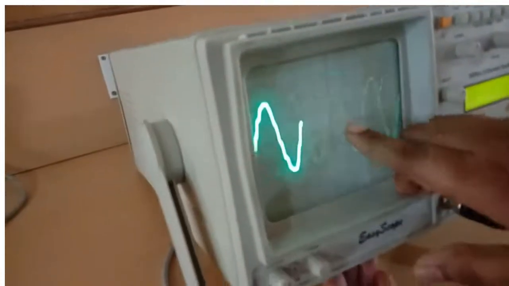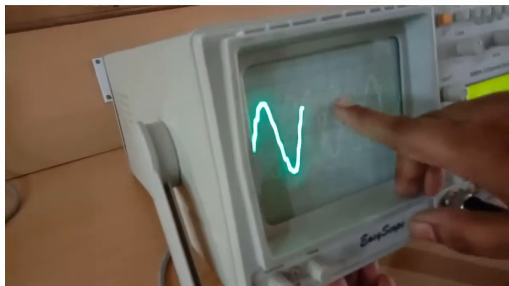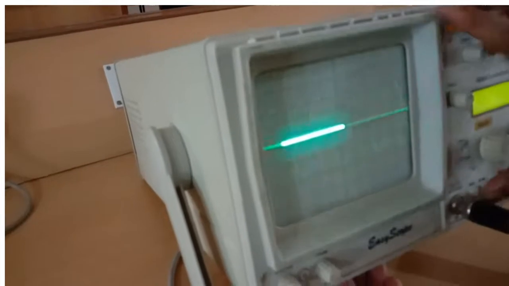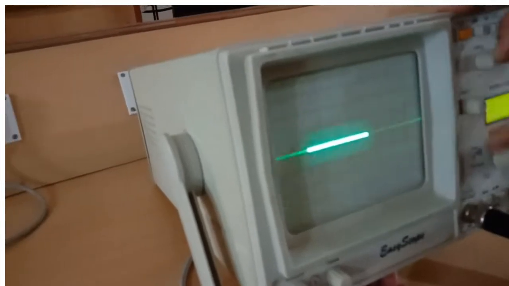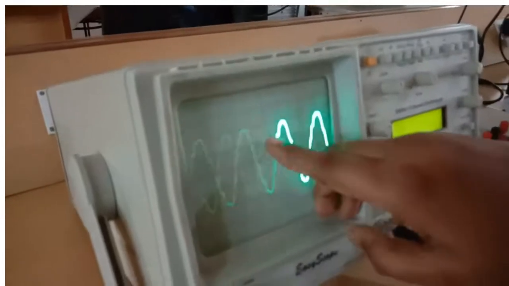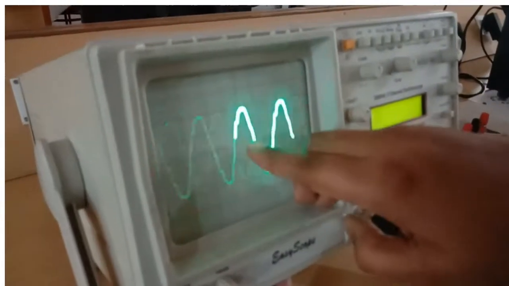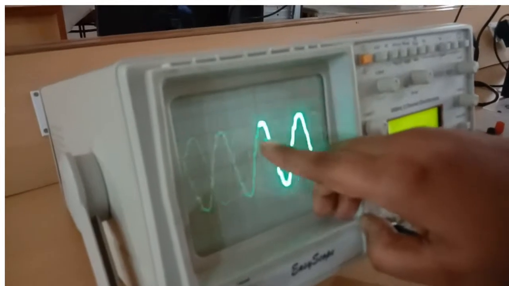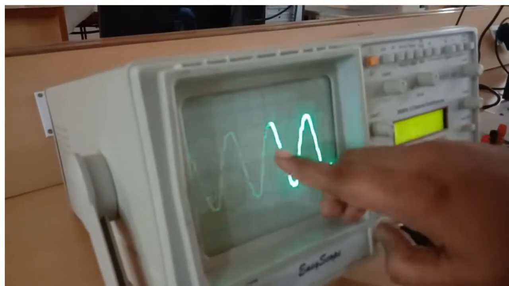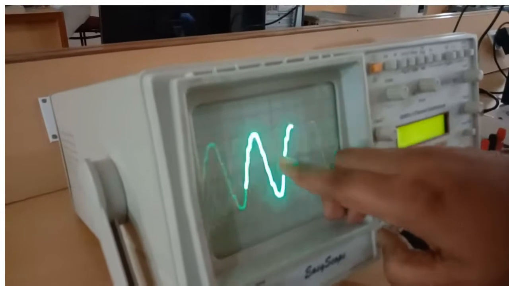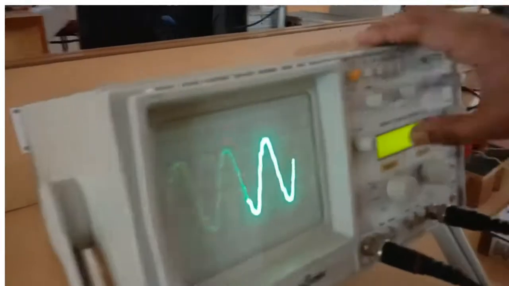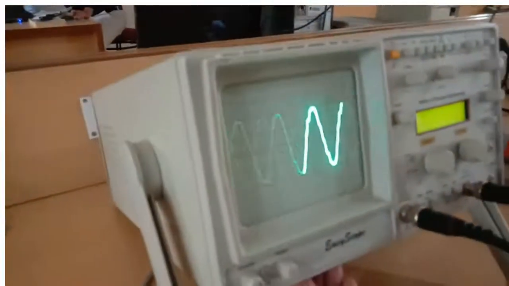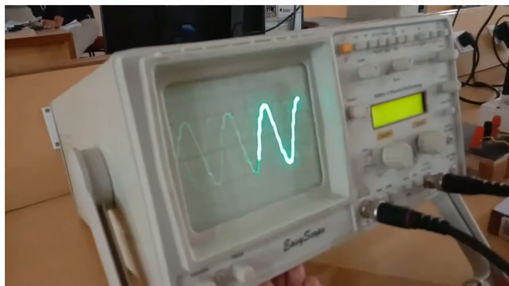You can see above the reference it is covering one box and 1.8. You can check the ground properly, and you see one full box and here 4 divisions. So I can say one box, and each division you can take as 0.2. So it is 0.2, 0.4, 0.6, 0.8. So one box is 1.8. However many divisions it covers, multiplied by the voltage per division, will give you the actual voltage. So 1.8 into 5 will give you 9 volt. So a 9 volt peak AC signal is coming from your transformer.